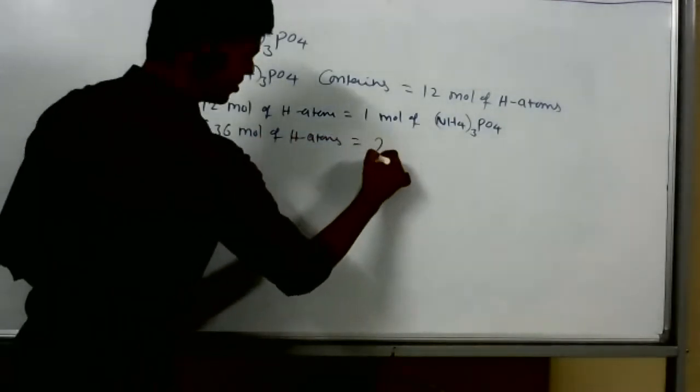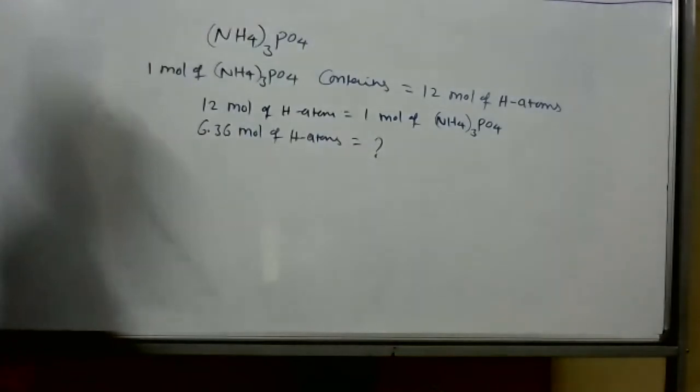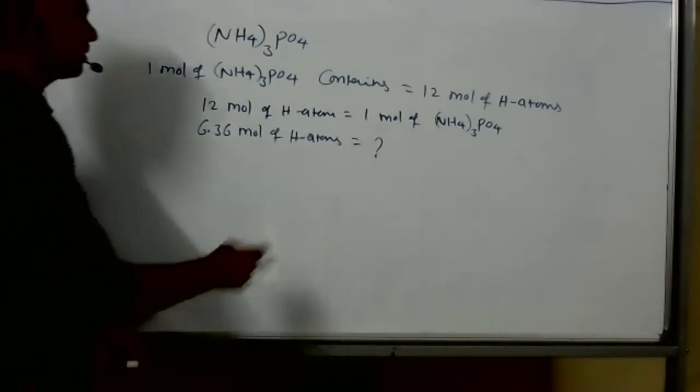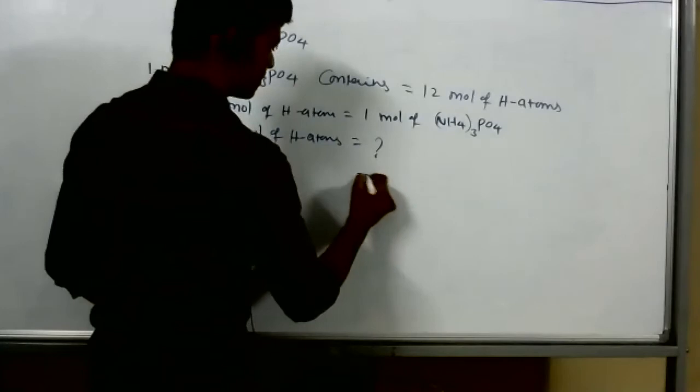Sir, calculate this. How many moles of ammonium phosphate will it give? Sir, instead, 4 moles of hydrogen atoms present in the compound equivalently gives 4 moles of oxygen atoms. Yeah, by that way also you can calculate. That also gives a simple answer. Yes sir, that will also give the answer. So it is equal to number of moles